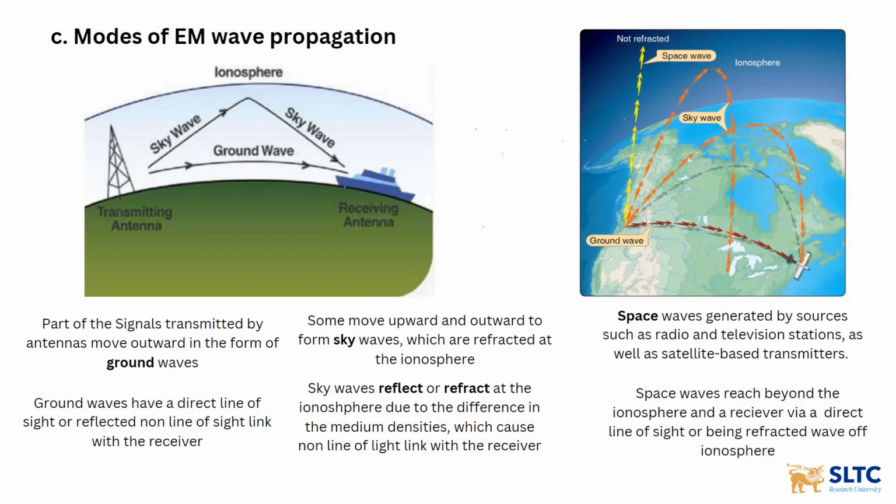However, we use this phenomenon to send our waves from one country to another, right? So we can use these sky waves to send our signal from, for example, Sri Lanka to India, when we want to send a signal over a considerably long range, from one country to another which are close to each other. We can calculate the frequency and the angle at which we need to send the wave, and once we have those correctly computed, we can